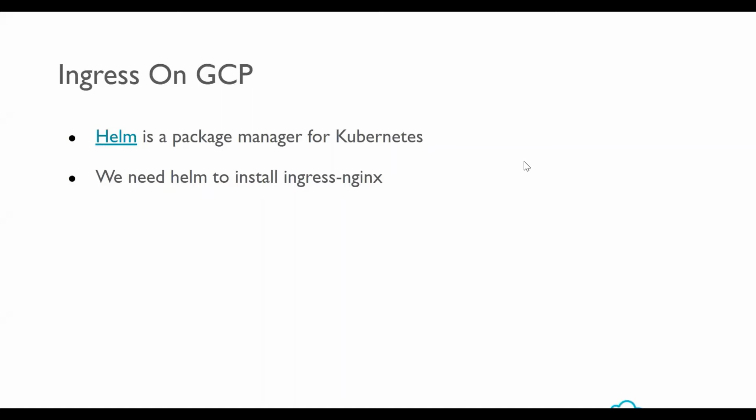But here on the GCP, when we want to use Ingress, we need to install a package manager for Kubernetes, which is named Helm. So Helm is a package manager for Kubernetes. After installing that, we can install the Ingress engines.